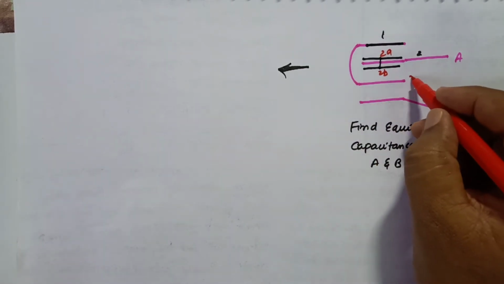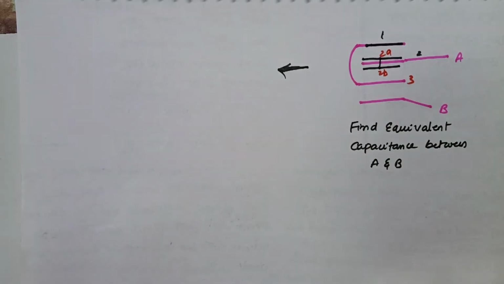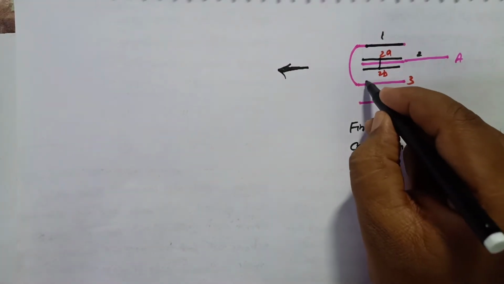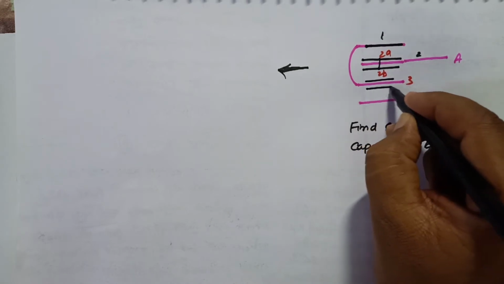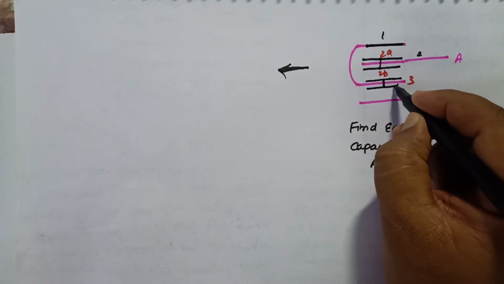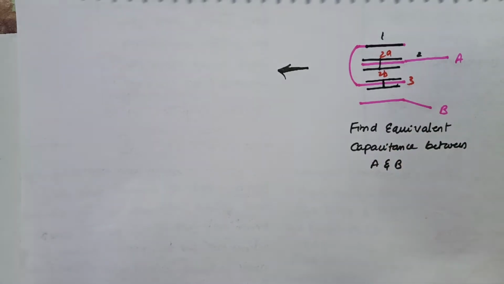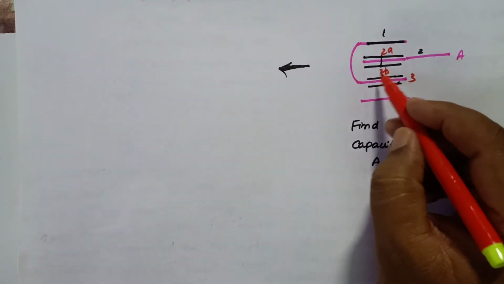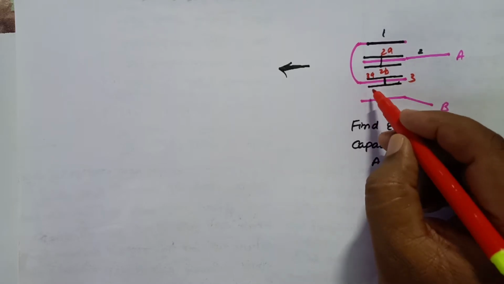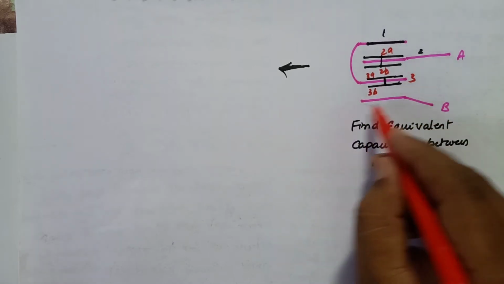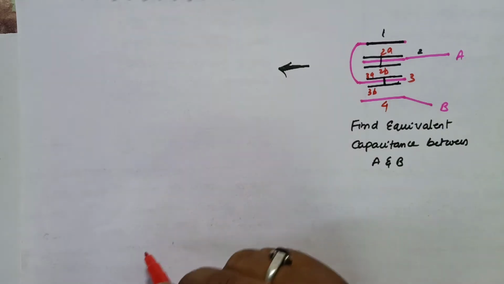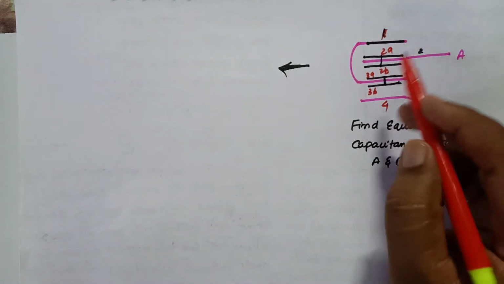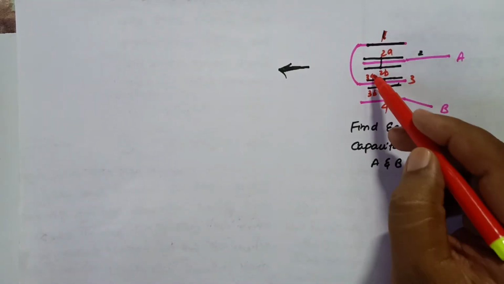Okay, this is the third plate. So I am drawing two more lines here and considering it like this: this is one plate and this is one plate, and they are joined like this. Then you can consider this as 3A and 3B. And this plate is taken as 4 here and this is taken as 1. So 1, 2A, 2B, 3A, 3B.